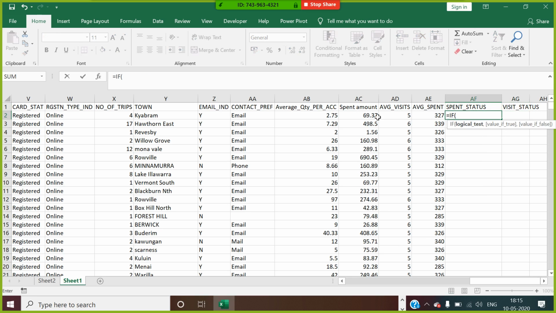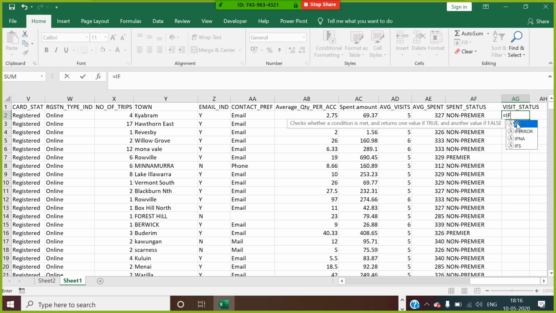If the spend amount is greater than this average spend, we call this premier customer, else we call this non-premier customer. Got it, guys? Same thing here: if the number of visits is greater than the average visits, it's a regular customer, or I call this a casual customer.